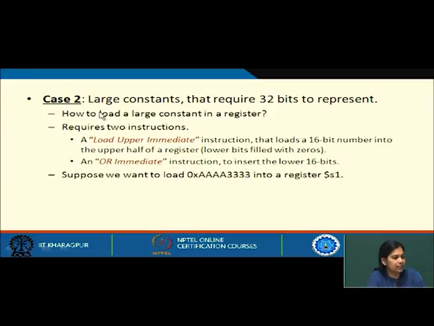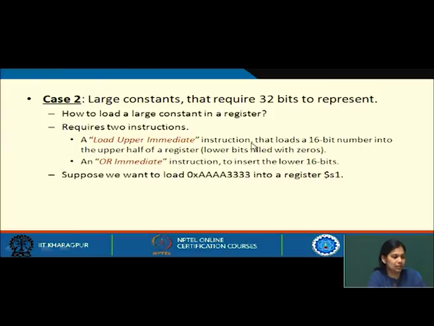In case 2, we can see how large constants that require, let us say, 32 bits to represent. How will you do that? How to load such a large constant? So, it requires two instructions. One instruction is not sufficient to load it, and we require two instructions. The first one is load upper immediate, an instruction that loads a 16-bit number into the upper half of the register, and then we use OR immediate